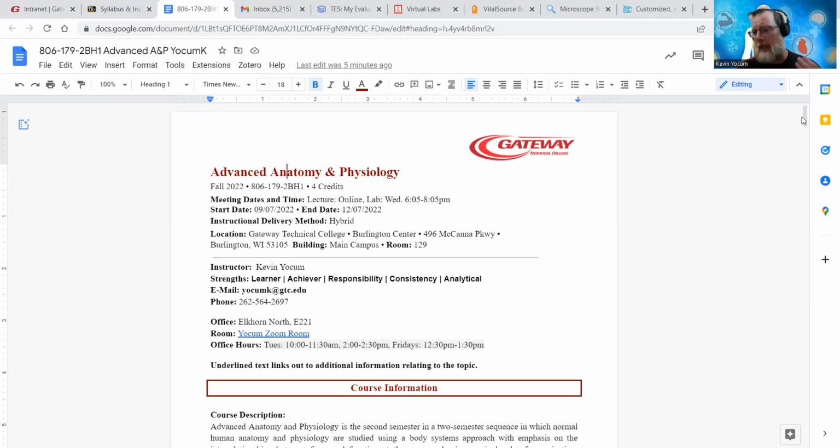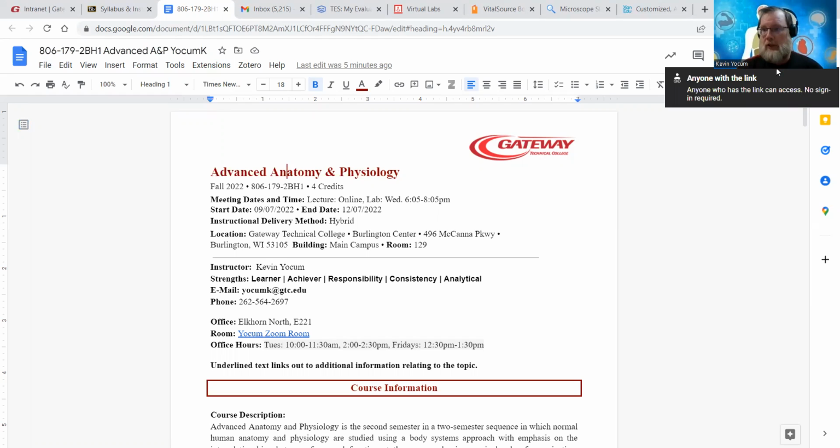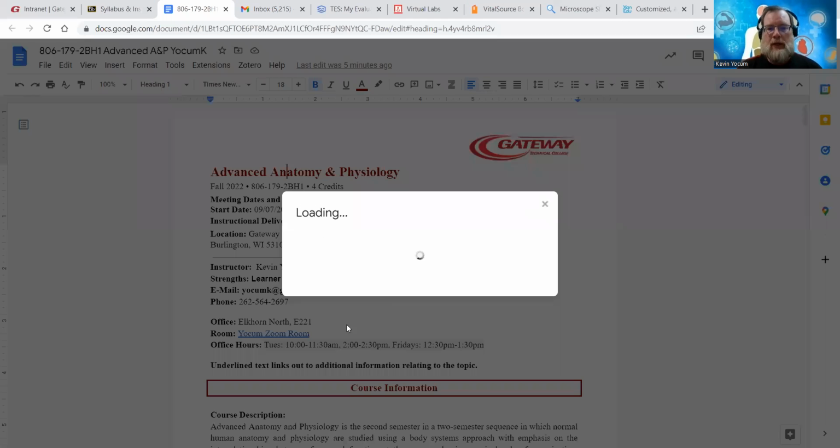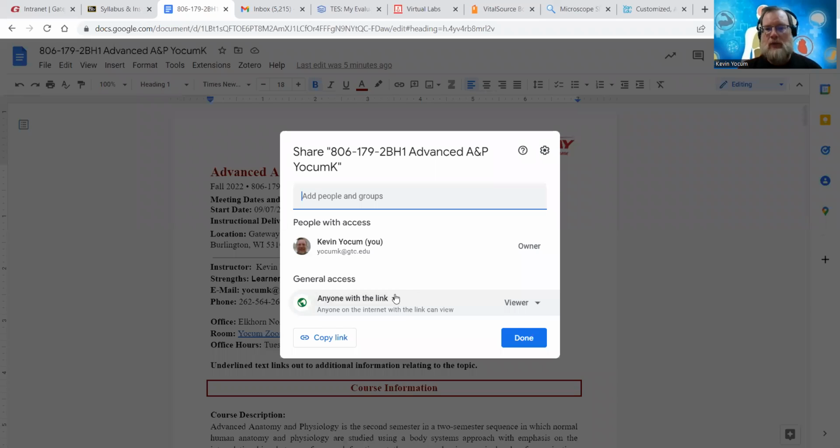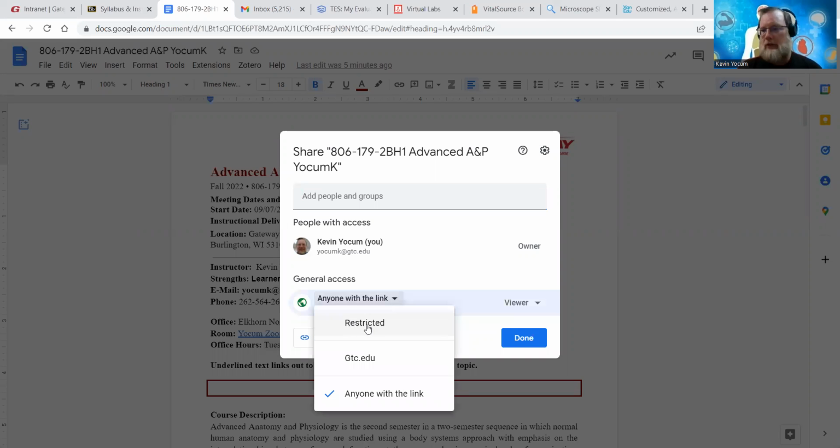The key thing with a Google Doc, if you do submit any of your work as a Google Doc, which is perfectly fine, is to remember to click the share button and then come down here once that window opens, and make sure it says anyone with the link. It defaults to restricted.